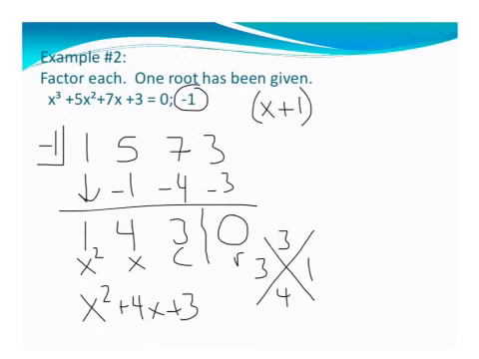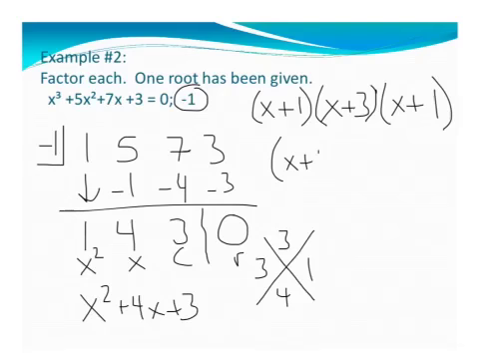So my other two factors are going to be x plus 3 and x plus 1. Now the way I'm going to write this is x plus 1 squared times x plus 3. Now, we talked about this once before, but remember when there's a squared here, it looks a little different